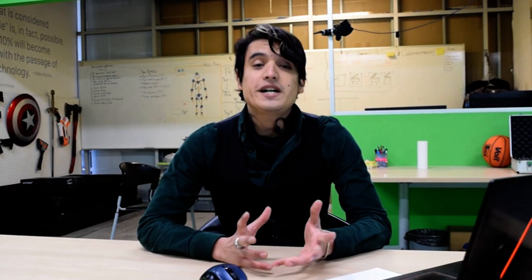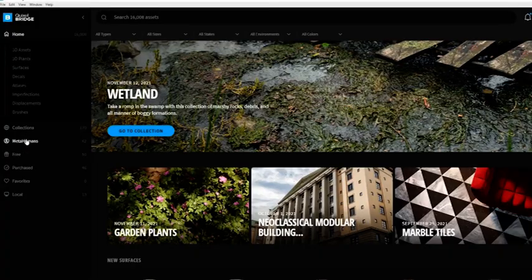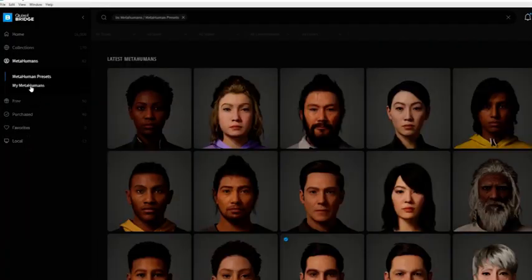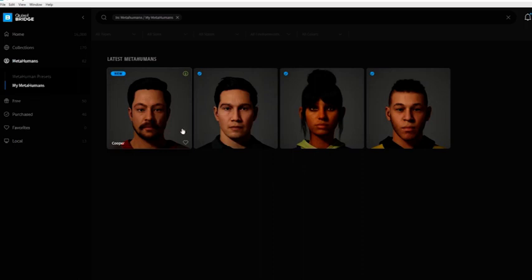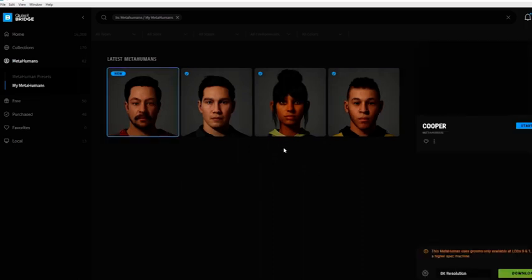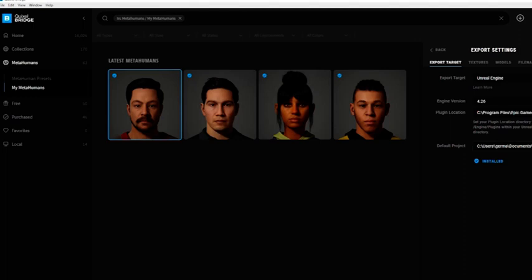All right, so at this point, you should have your metahuman already created. Automatically, your metahuman will be in your Quixel Bridge program since it's linked to your Epic account. Making sure that your metahuman is on your My Metahumans section, you're going to be able to download the metahuman. This process, the downloading process, will take its time because there's a lot of information to deal with. But once your metahuman is already downloaded,